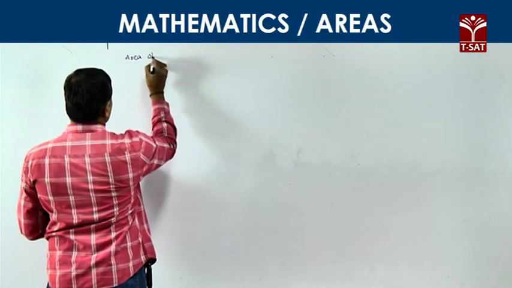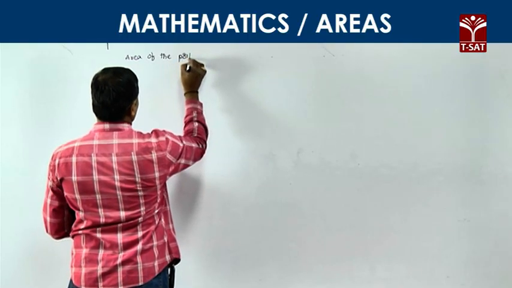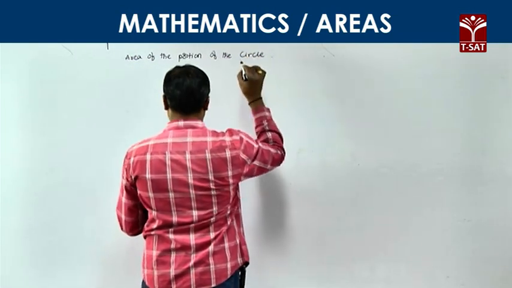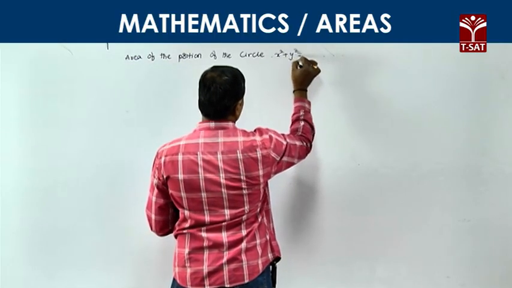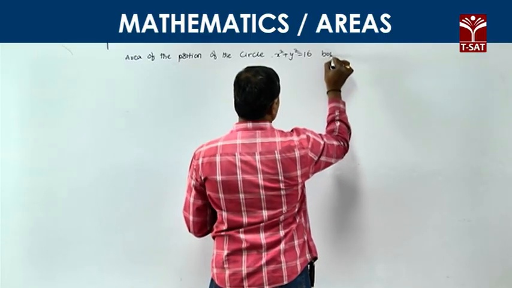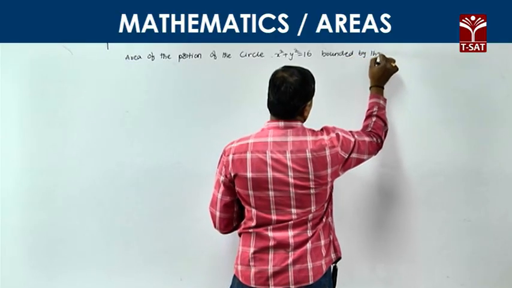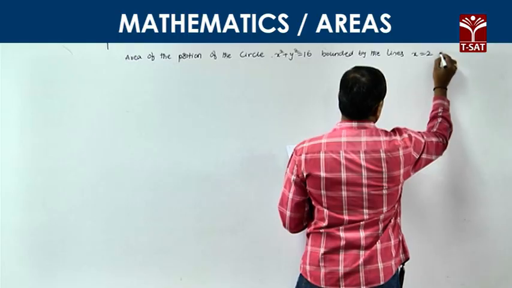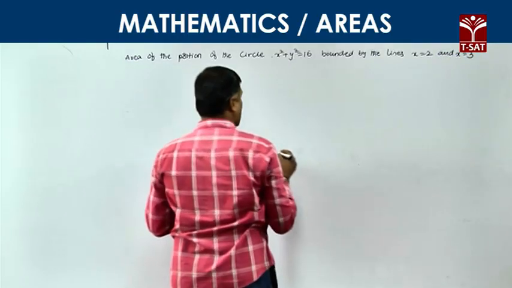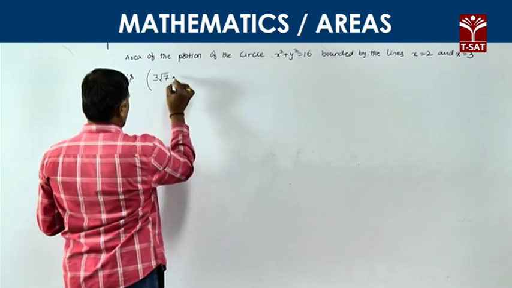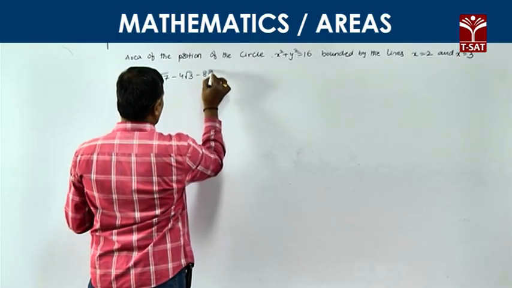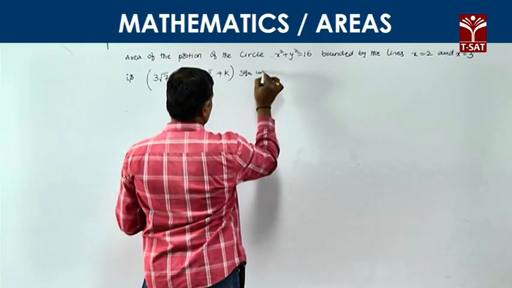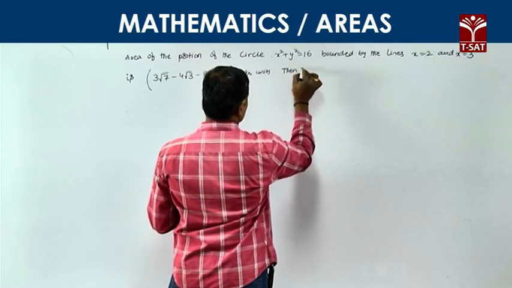Next problem: the area of the portion of the circle x square plus y square is equal to 16, bounded by the lines x is equal to 2 and x is equal to 3, is 3 root 7 minus 4 root 3 minus 8 pi by 3 plus k square units. Then k is equal to